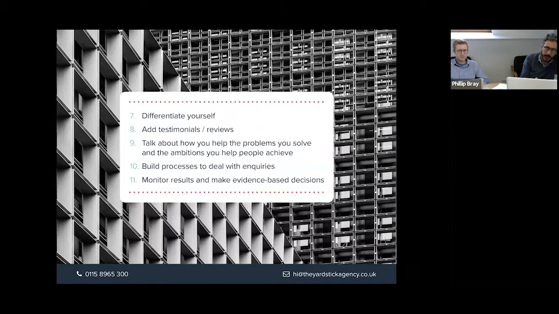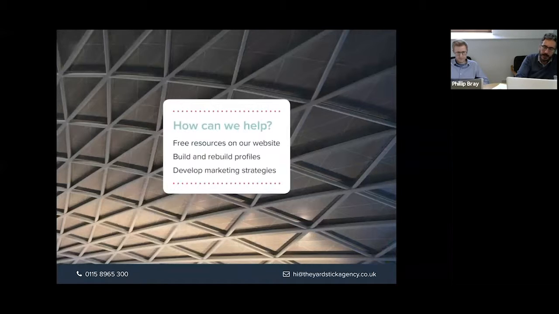And if you've built these profiles and you don't get much luck with them in the first month, don't turn them off. Tweak them, change them, until you either get to the point after a year of, yeah, actually this isn't working and it's only washed its face, or, yeah, actually I was wrong. This is proving really good, and I'm getting a very acceptable return on investment, which we see most of our clients get. How can we help?